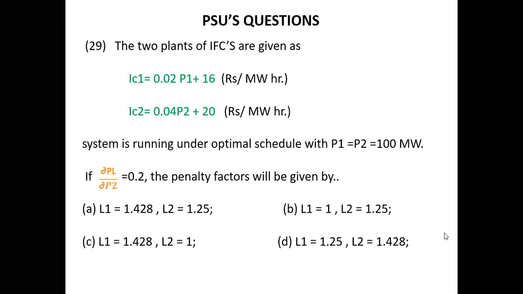Yes, I got a response from roll number 18 now, and similarly B8. So someone is saying that the answer is D, and one more is saying that the answer is B. So there is a mismatch between your answers. Someone is saying 1.4828. In terms of options, please drop your answer in our chat box, whether it is option A or B or C or D. Just drop your answers in our chat box.